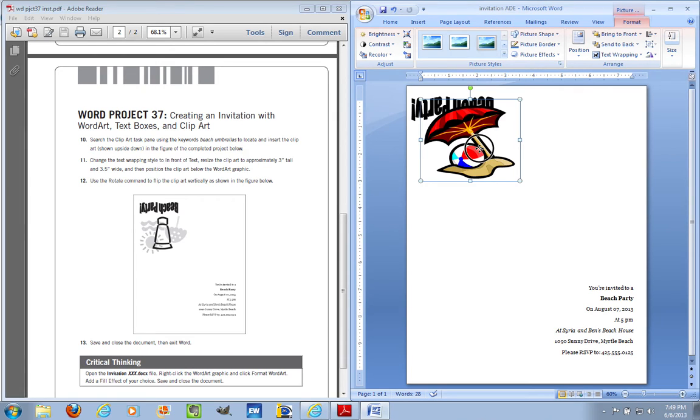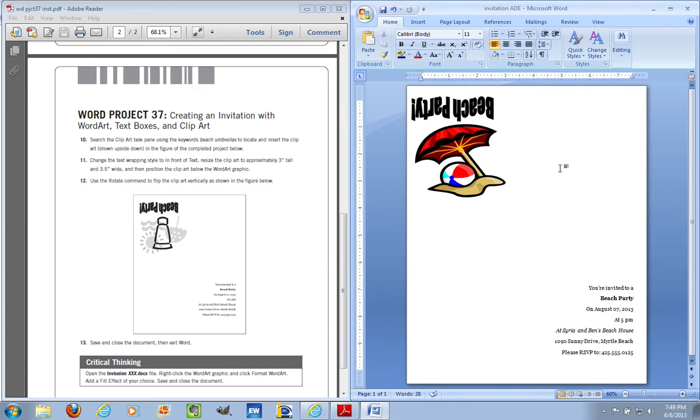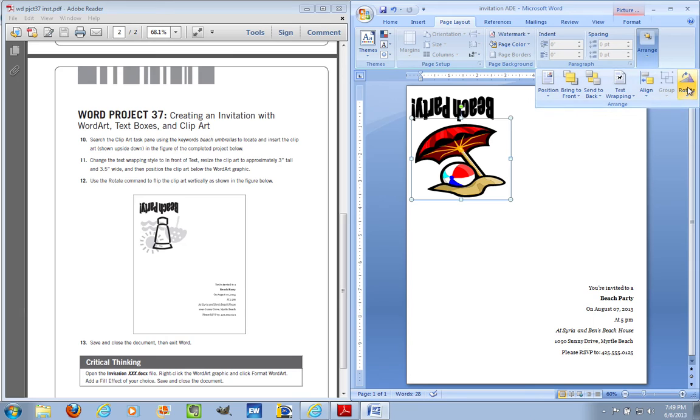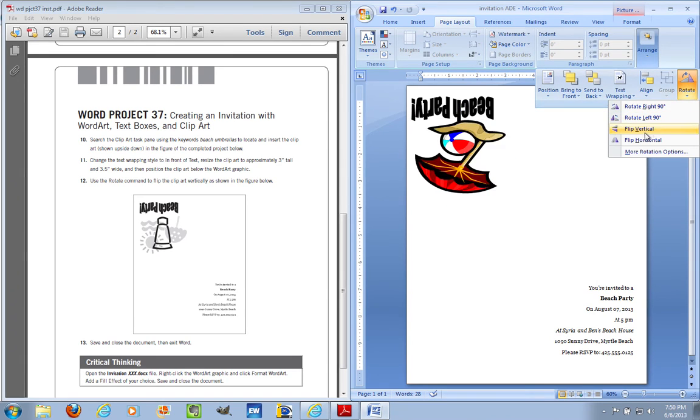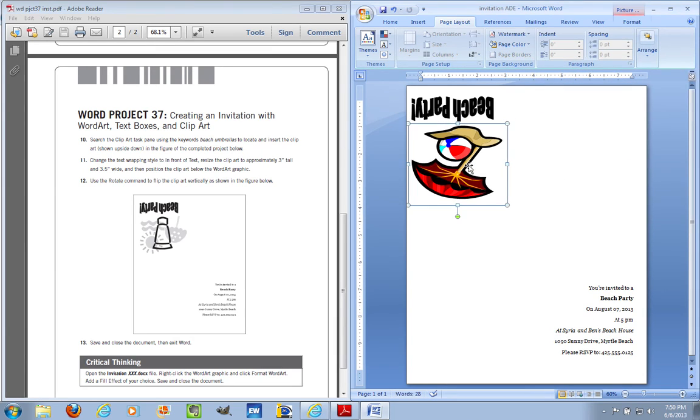Position the clip art below the word art graphic. And step 12, use the rotate command to flip the clip art so that it's upside down as well. In this case, I go over to the rotate, and you can actually flip vertical. Well,